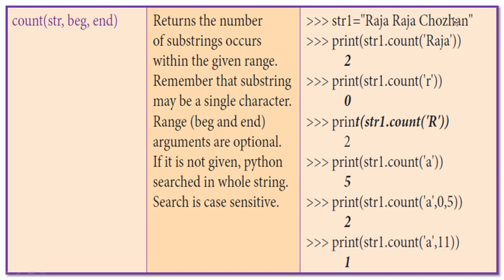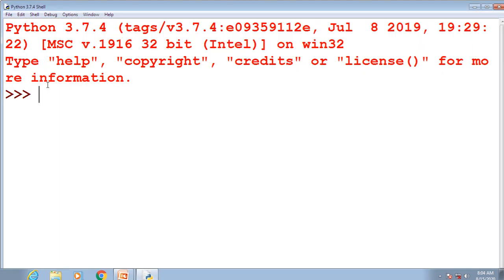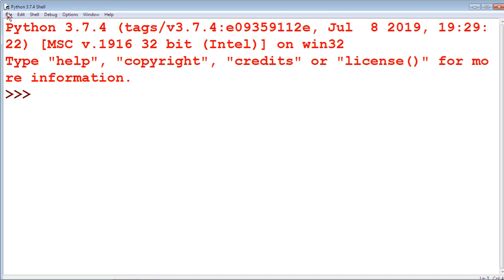The a occurs in only one position, so it returns the value 1. See this example by using the IDLE window. File, open.